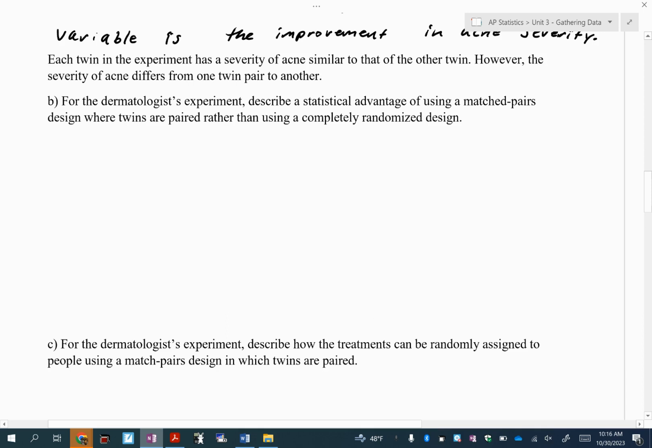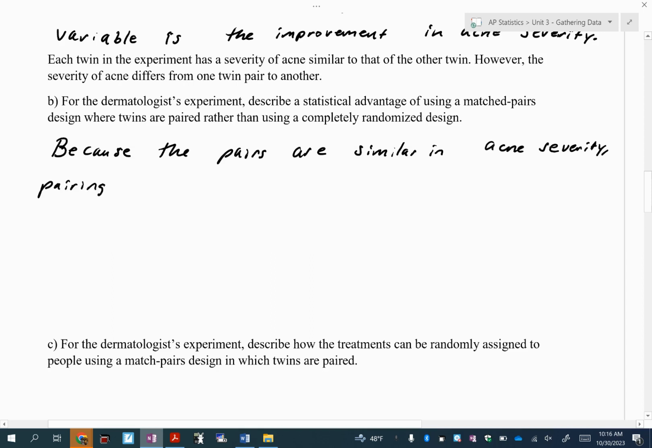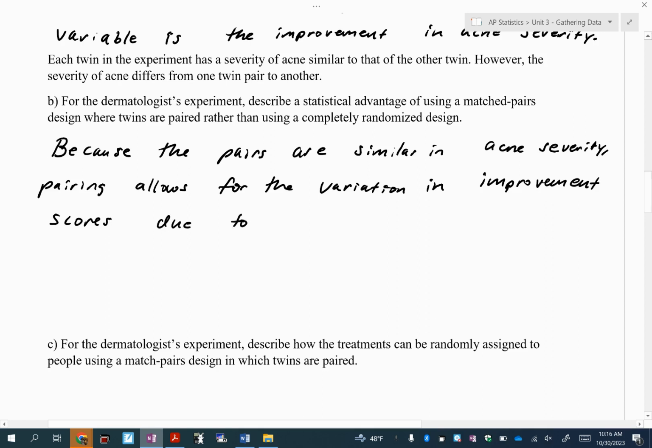So, to sum up here, because the pairs are similar in acne severity, pairing allows for the variation in improvement scores due to treatment, unlike in a completely randomized design,